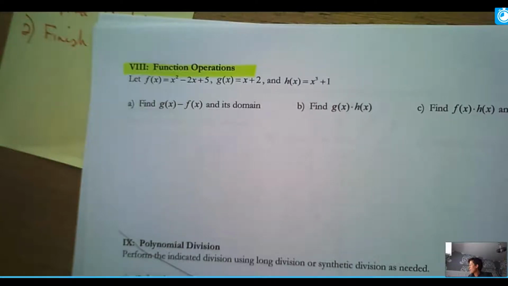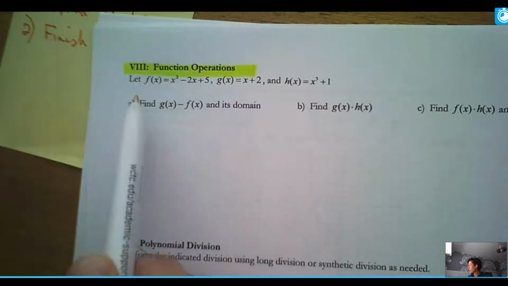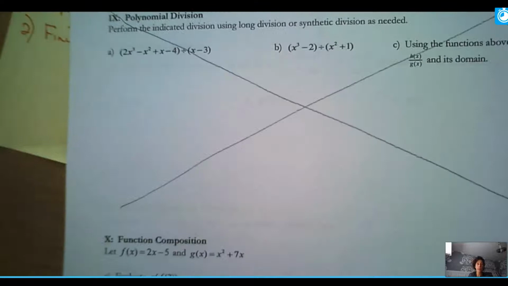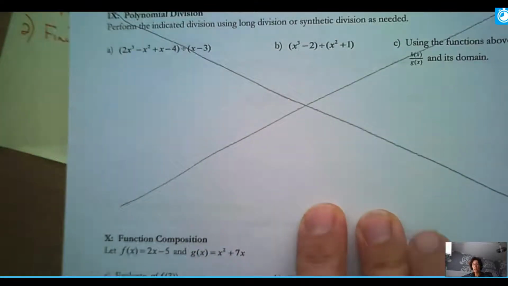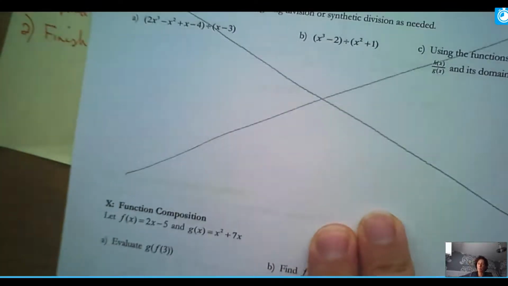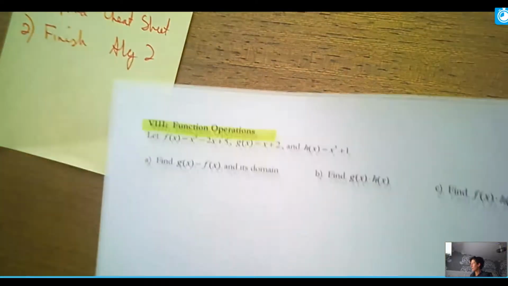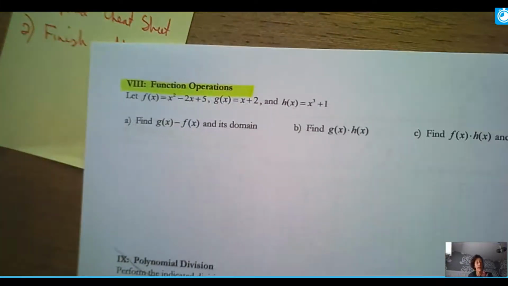So now I am covering Roman numeral 8, function operations. The idea of the function operations is we will either be adding or subtracting or multiplying. We are actually not going to be covering division. I know that some classes covered this and some didn't, but we're going to be leaving this out because it's not going to be tested, because it comes back in a later chapter. So it's not that it's not important, it's just we don't need it right now, and we're short